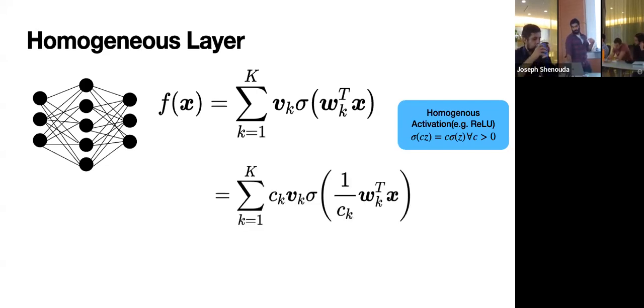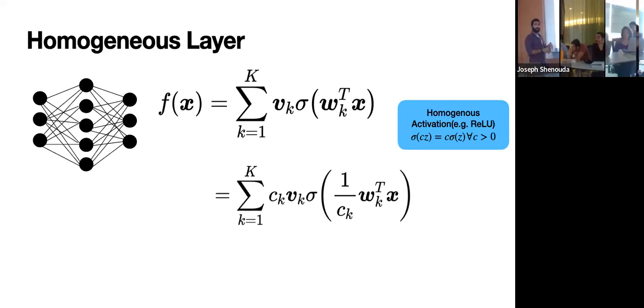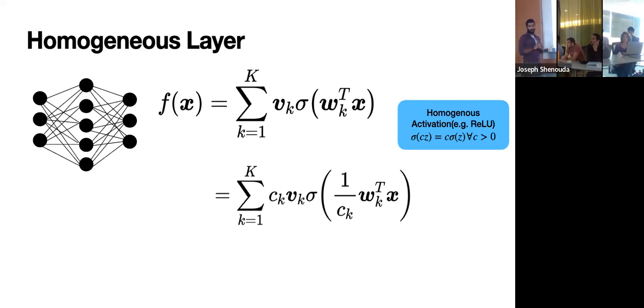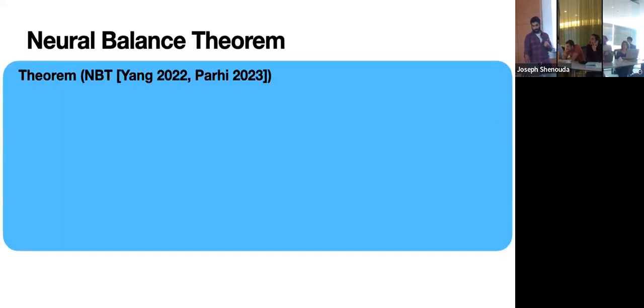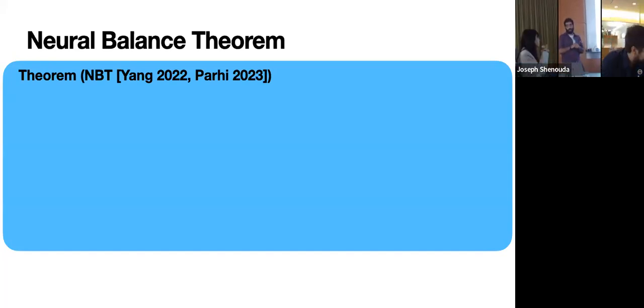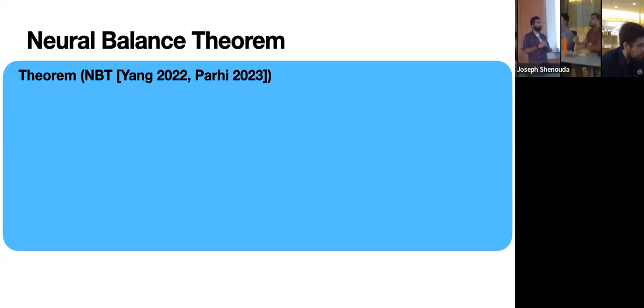Okay. And so then I can play this game where I scale down the input and scale up the output and retain the function exactly. Okay. So that's what I mean when I say homogeneous layers, and that's what I mean when I say weight decay regularization. Okay, so with both these concepts in mind, I'll present the first useful theorem that drives a lot of the results in this work, which is the neural balance theorem. It's a very simple result. I think it was first really written down in Liu's paper, and later in Rahul's survey paper in IEEE Signal Processing Magazine. So what's the result?